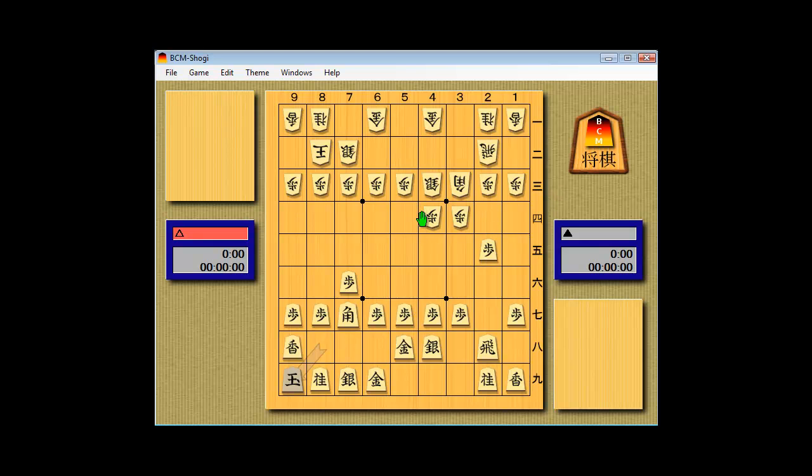So here, when Black is going for Anaguma, you want to go ahead and move your gold to 3b instead of 5b. And what this does is it makes your camp pretty strong against rook drops. So let's go ahead and highlight